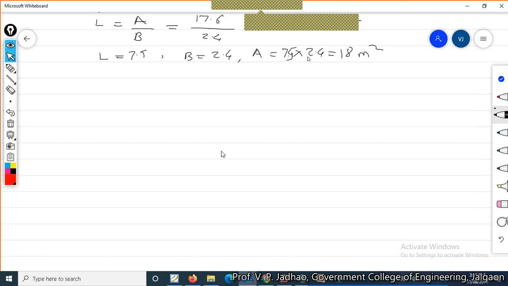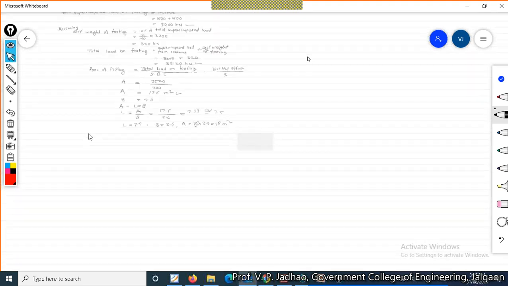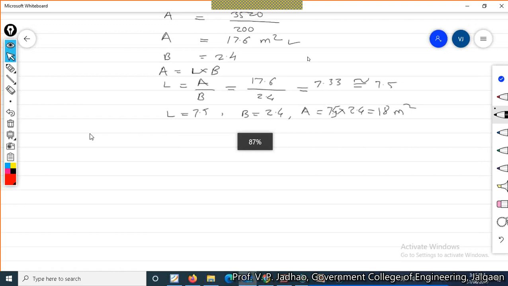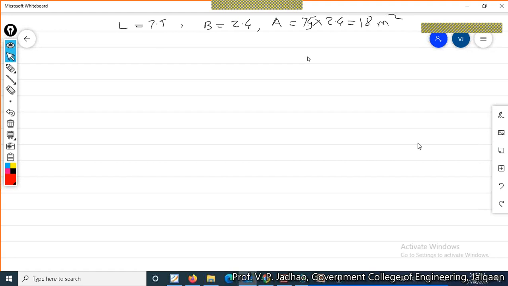Now this is a rectangular footing having two columns with the same loads. Therefore, definitely the CG of these loads will be at the center between the two loads, that is at a distance of 2.5 meter from each load, and the centroid of the footing will be at L by 2. Now we have to reposition the columns and footing location.